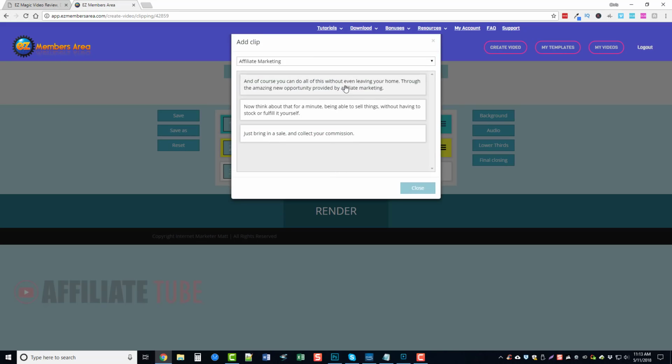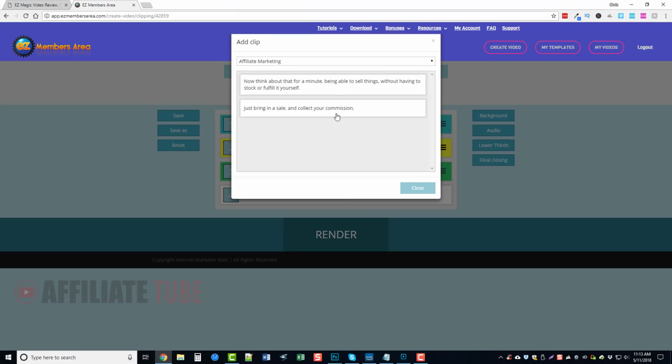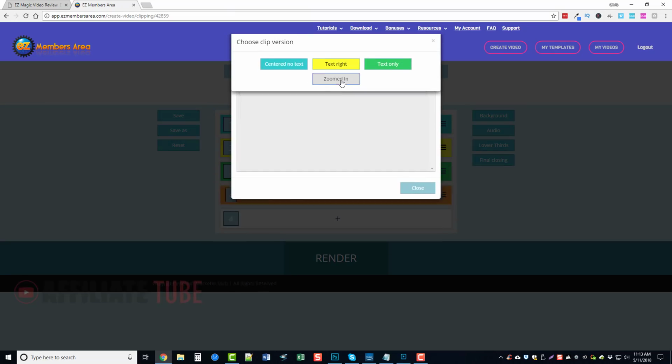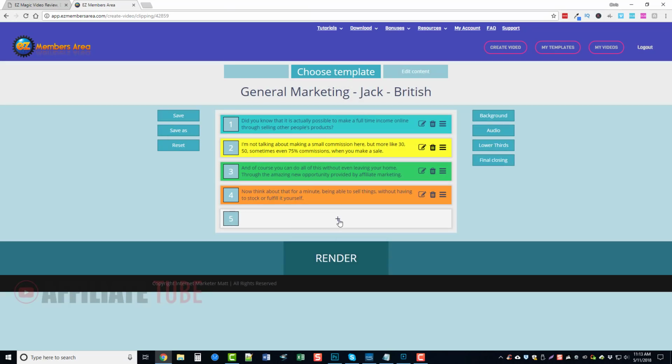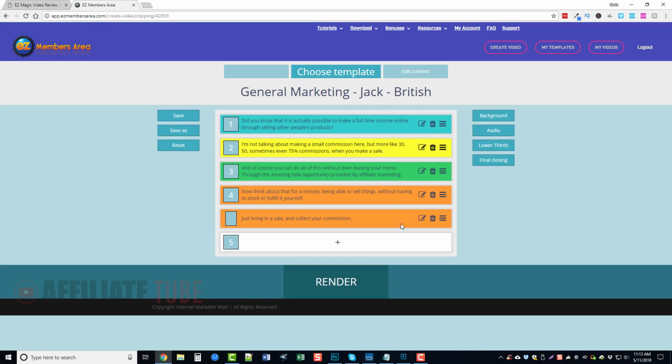Number 3, we'll do this one, text only. Number 4, we'll do this one with zoomed in. And number 5, I'm going to do this one with zoomed in again, and you're going to notice that both of these are orange, and that's showing you that both of these had the option chosen for zoomed in. And the reason it does this is that it wants you to know the style you have for each one